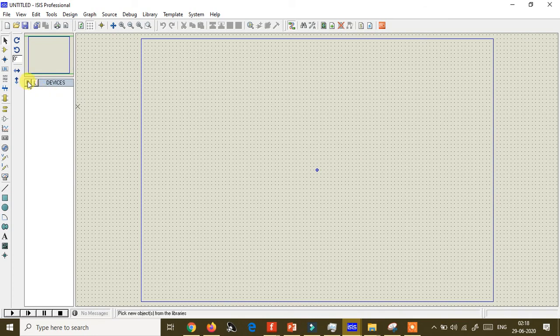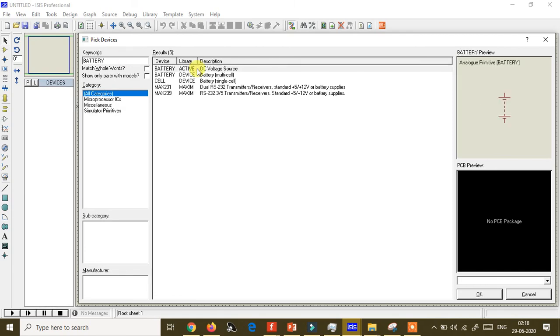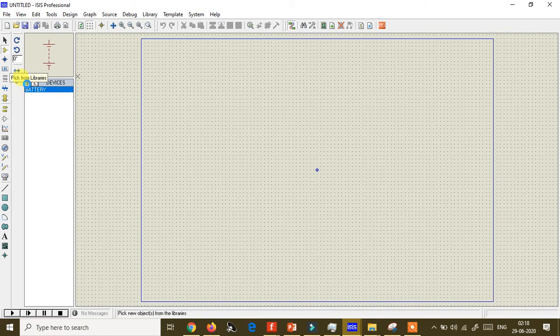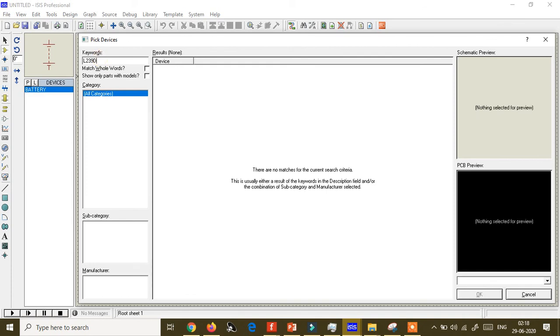First of all, we need to add the elements. First I'll add a battery, then the IC. The model number of the IC is L293D.